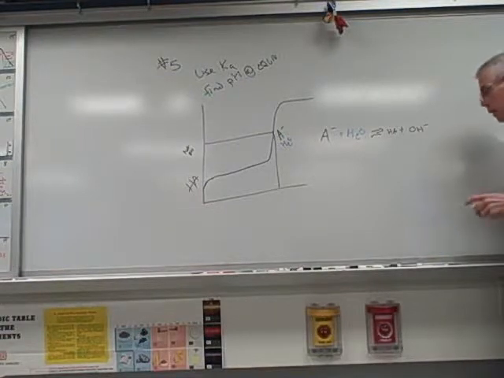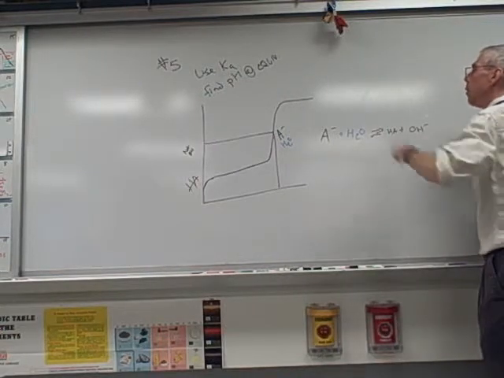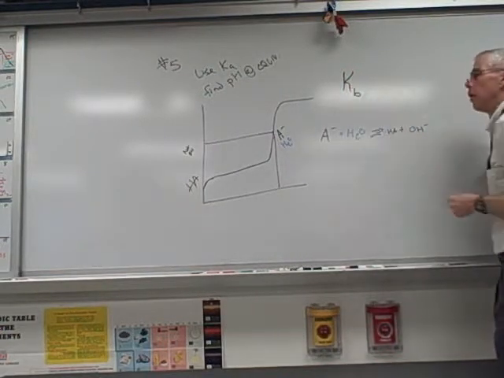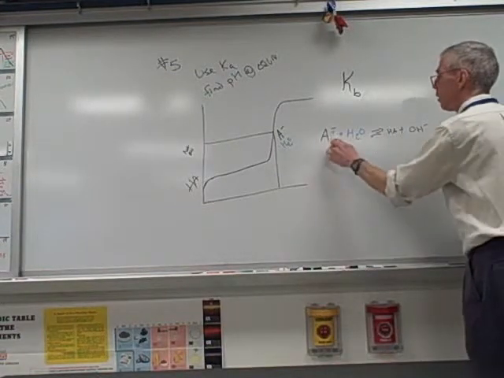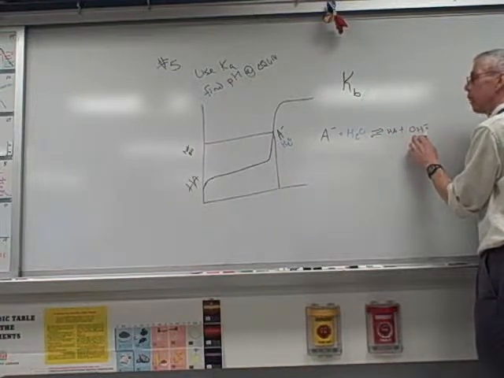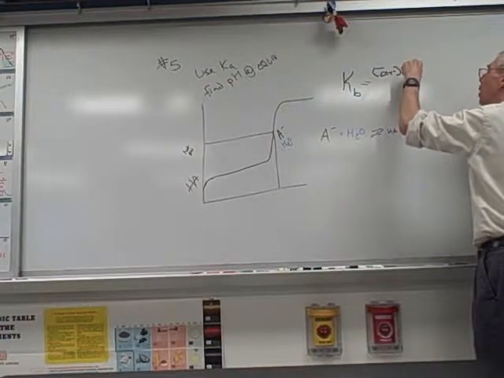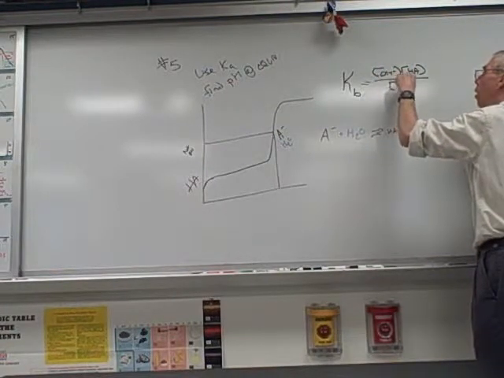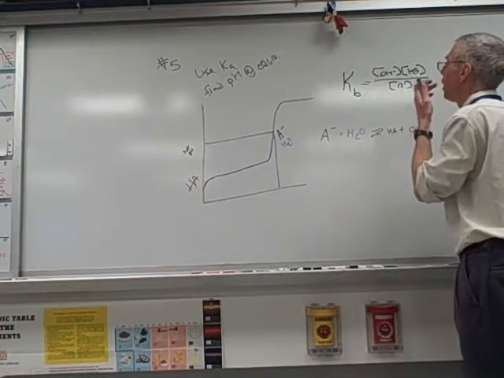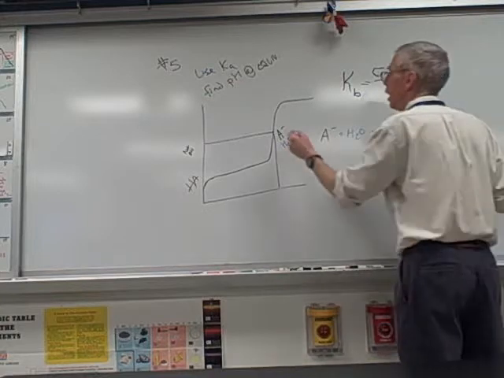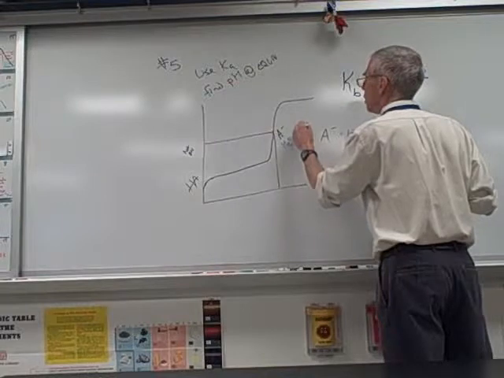True? Now this should look familiar. This equation should look very, very familiar. It's the Kb equation. True? Okay. Base reacts with water to make an acid and hydroxide. So we have a Kb expression for that, yes? True? Okay. So if we have the Kb expression for that, and we know roughly the concentration of A-,